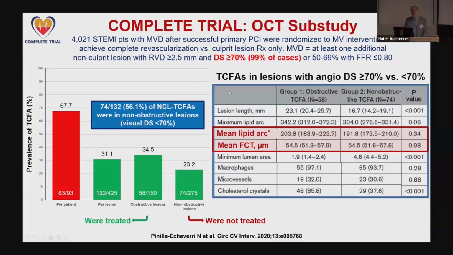And actually, if you look by OCT at those obstructive TICFAs, the ones that were treated, and the non-obstructive TICFAs, they look exactly the same. Same amount of lipids, same thin fibrous cap. So we could have, I believe, doubled the treatment benefit had we treated these vulnerable plaques. It's not treating severe angiographic stenosis, it's treating the plaques that are likely to go on and cause events in